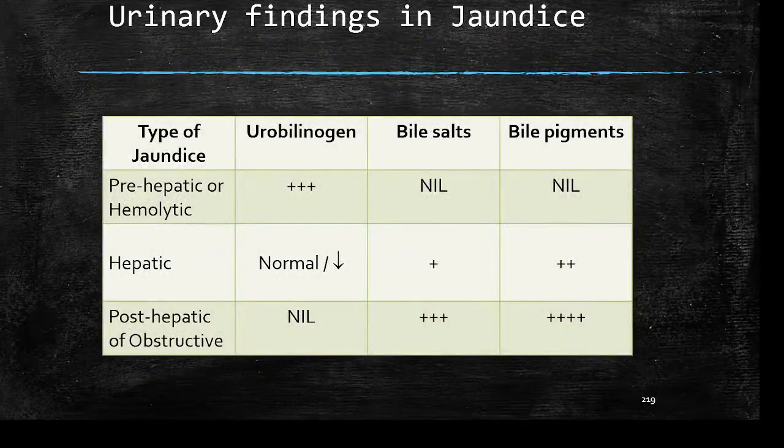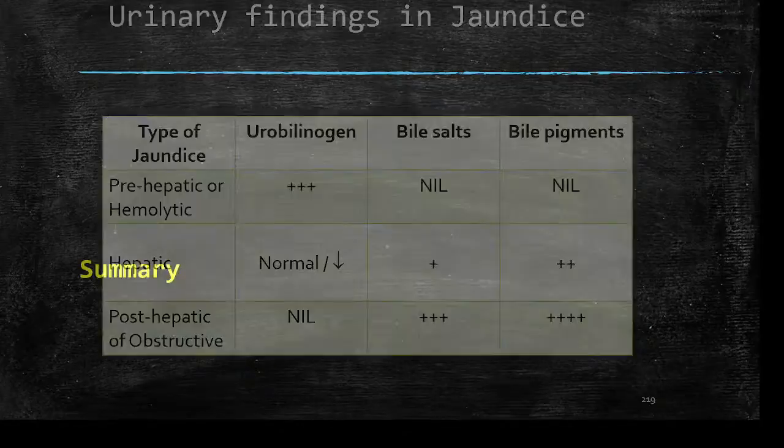Okay, so the urinary findings. In case of prehepatic or hemolytic jaundice, which is due to breakdown of RBCs, urobilinogen will be present in urine, and bile salts and bile pigments will be absent. In case of hepatic jaundice, urobilinogen will be normal or less. It might not be detected, but bile salts and bile pigments will be present. In case of post-hepatic jaundice, bile salts and bile pigments will be present in very high concentration, that is in case of